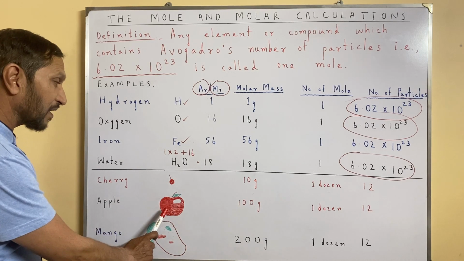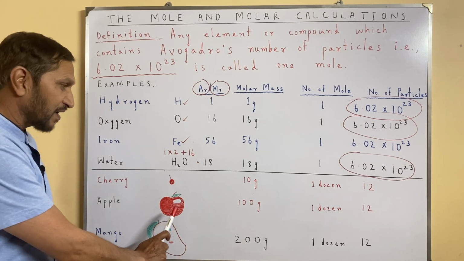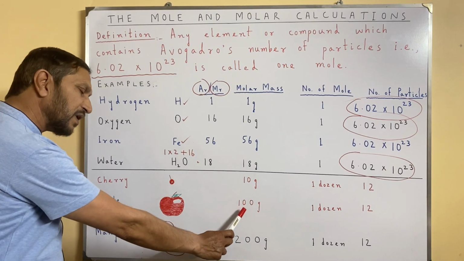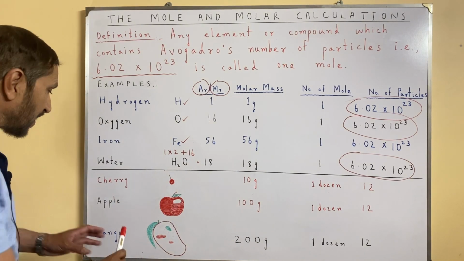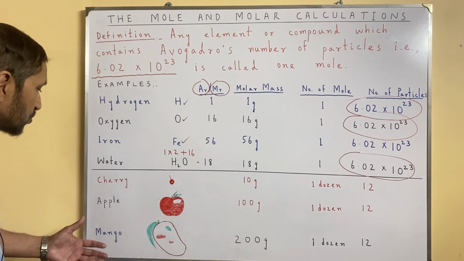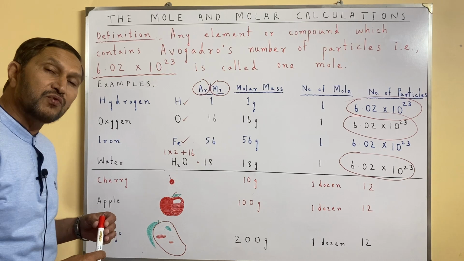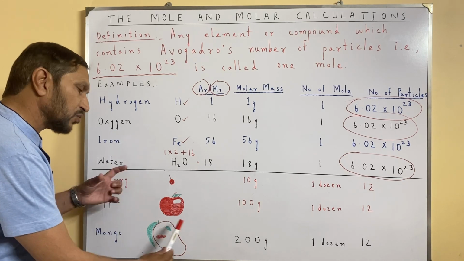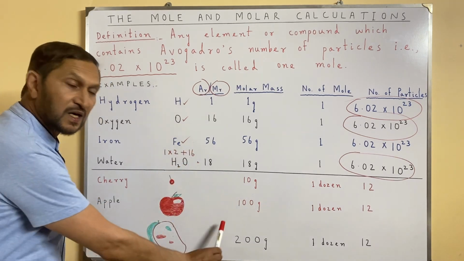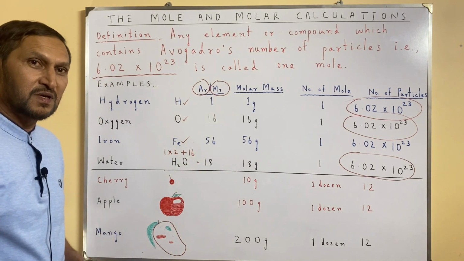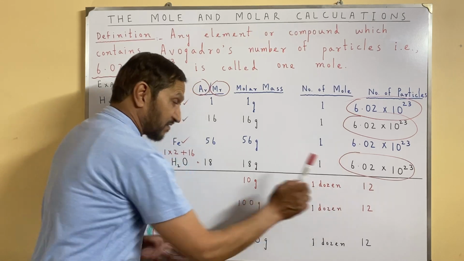And apple, as compared to cherry, is a bigger fruit, and the average mass of one apple is 100 grams. And as compared to apple, mango is a bigger fruit, and suppose that one mango fruit has a mass of 200 grams. So if I take 1 dozen or 12